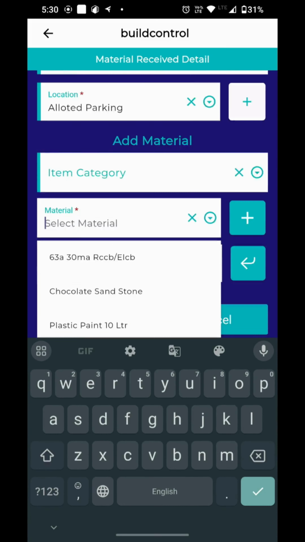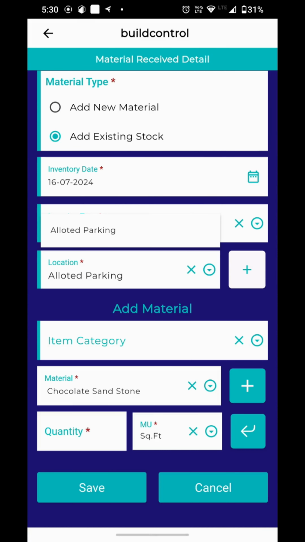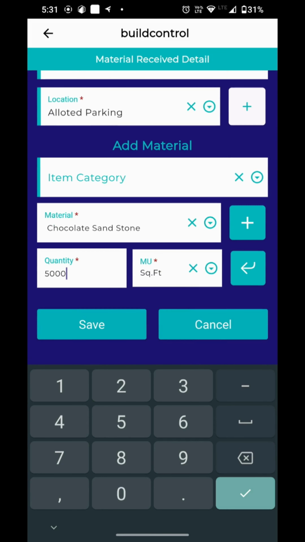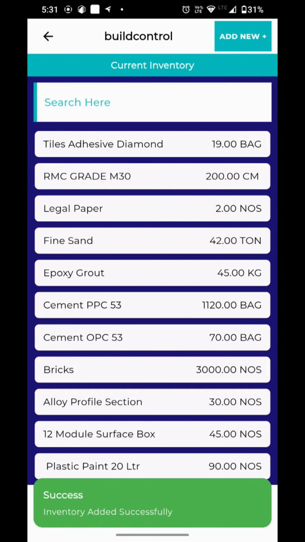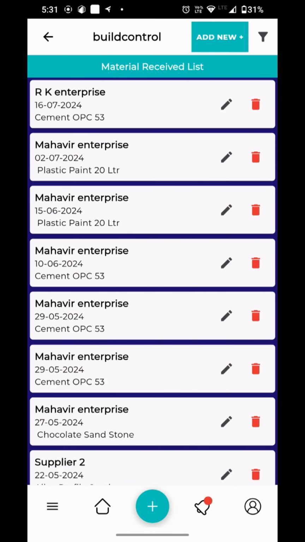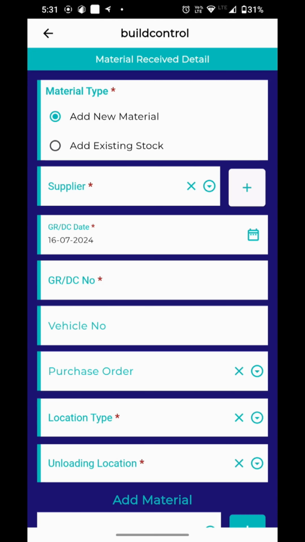So I am adding the chocolate sandstone, 5000 square feet is available, and click on save, and this material will be added into the current inventory. Now in material received, if we select add new material, then you have to select the supplier first